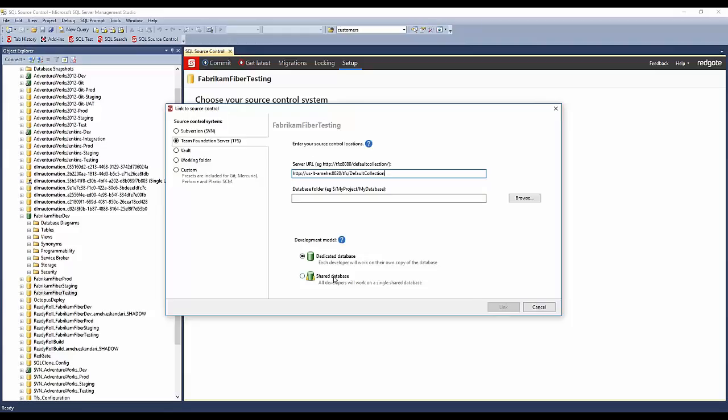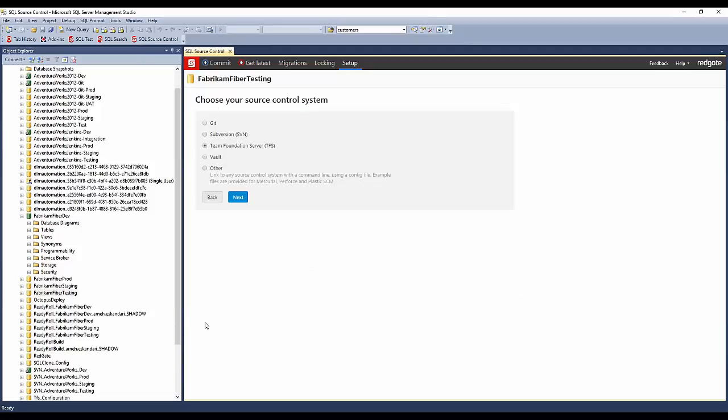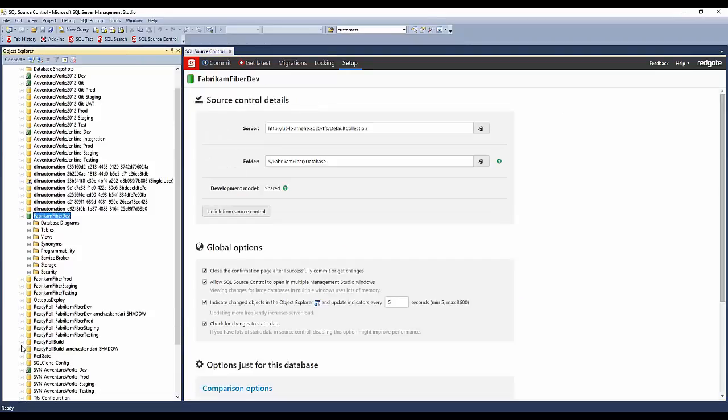We also do support both dedicated database and shared database models. So dedicated meaning that each developer will be using their own copy of the database or their local sandbox, where shared is where developers make changes to the same shared database. So I'm sure Grant will touch on this in his session on SQL Clone a bit in this video as well. So let's go ahead and